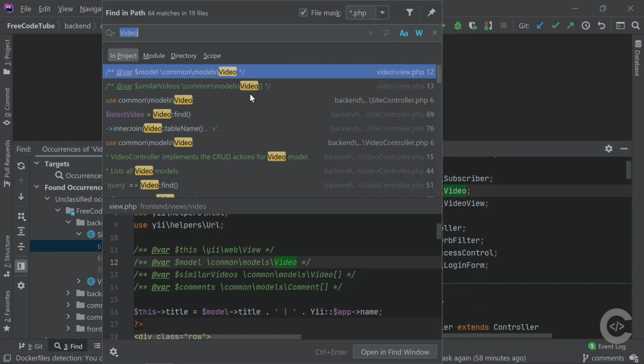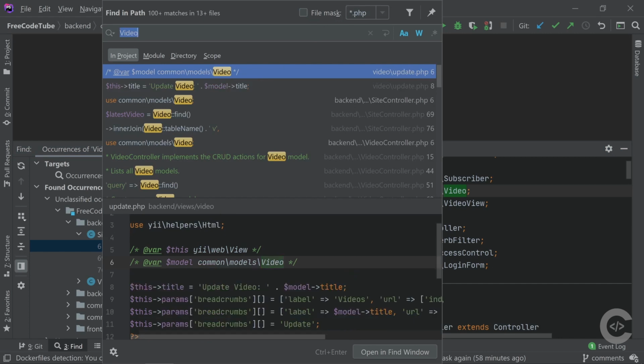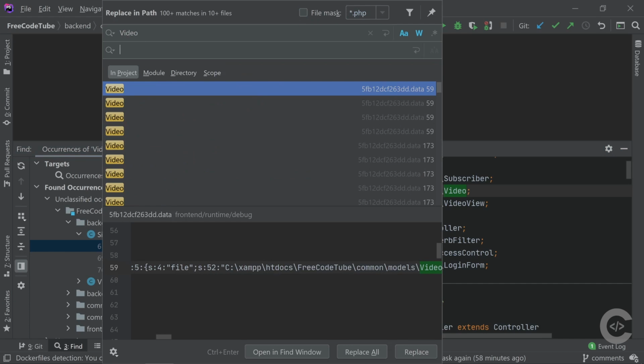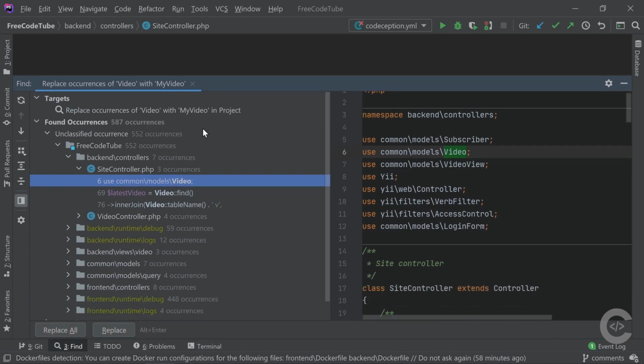So let's search it once again without that file mask. And let's actually do find and replace. So I want to find all video and replace with my video. And let's actually open in find window. I can replace from here, but I want to open find window. And it finds that